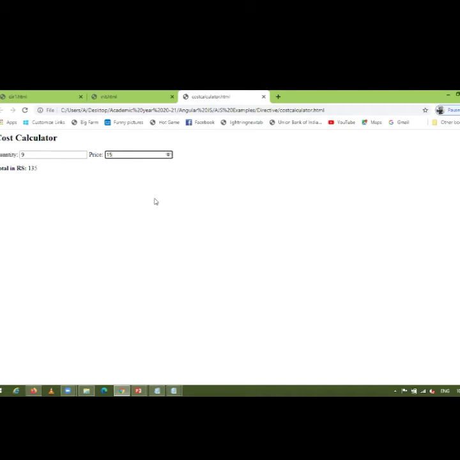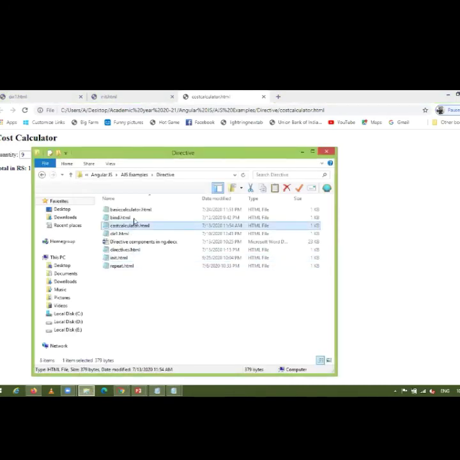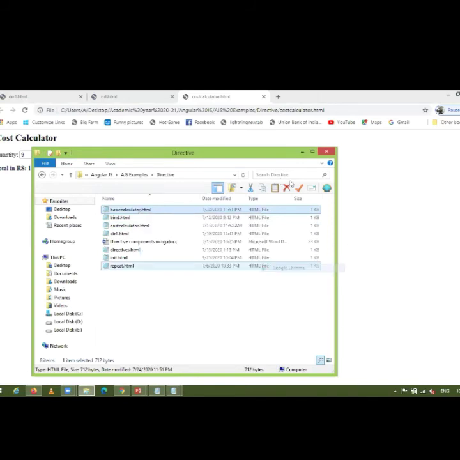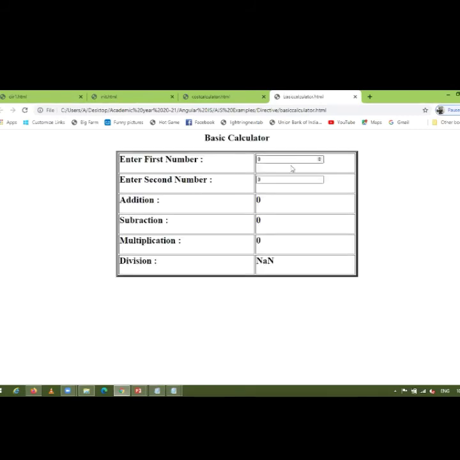So by using these basic directives, you can create a basic arithmetic calculator, which gives you addition, subtraction, multiplication, and division.